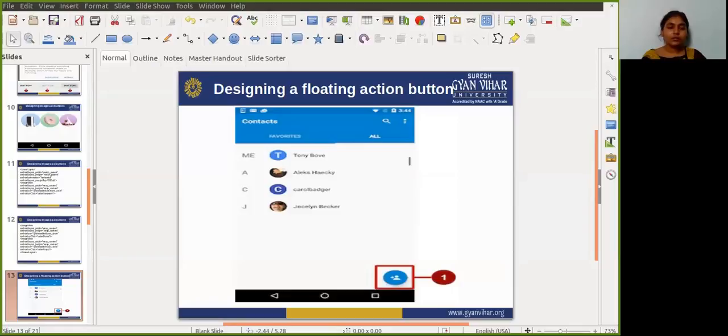For that, you already wrote some code in your Java file. It contains public void sendMessage, in which you pass View and do something in response to the button click. Within the body of this method, you can write anything which you want as the response to the button click.